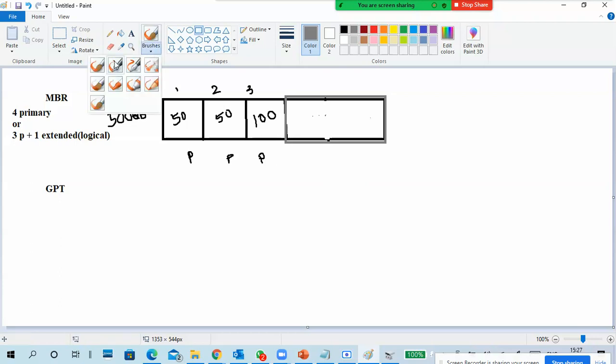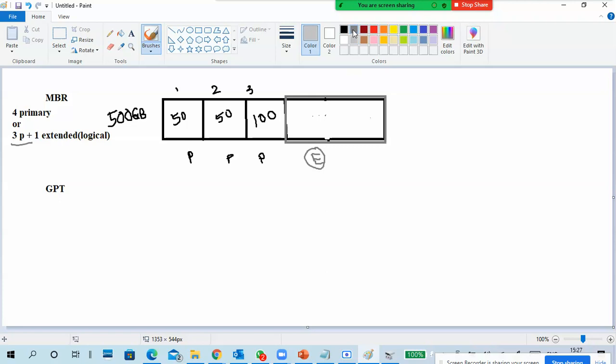So I make this one an extended partition. Primary, primary, primary: three primaries, and one extended partition I created. In this extended partition, you can create multiple logical partitions inside.